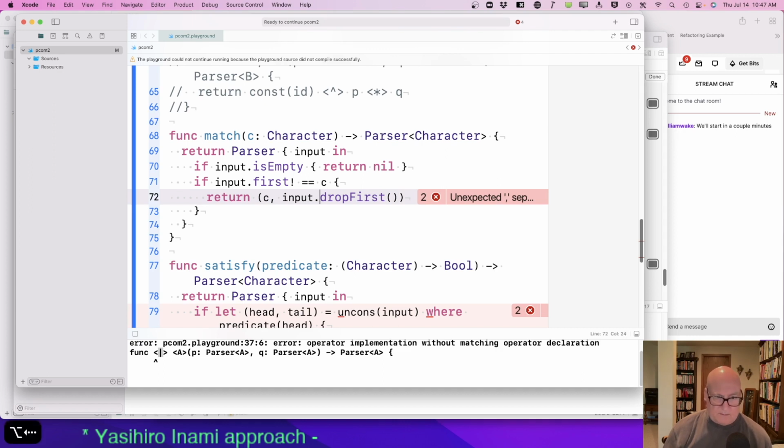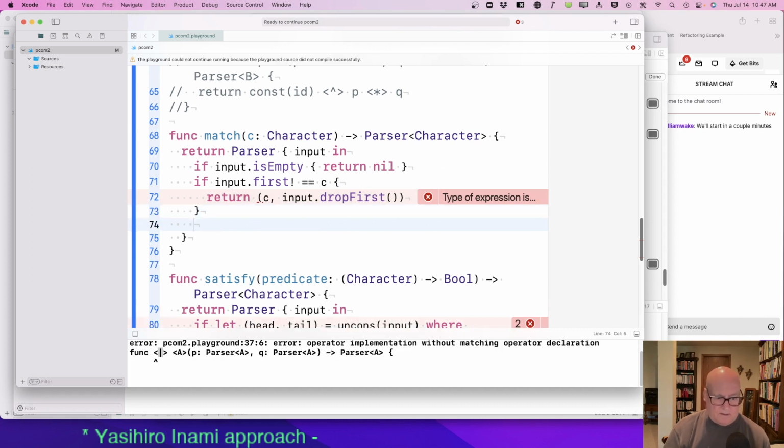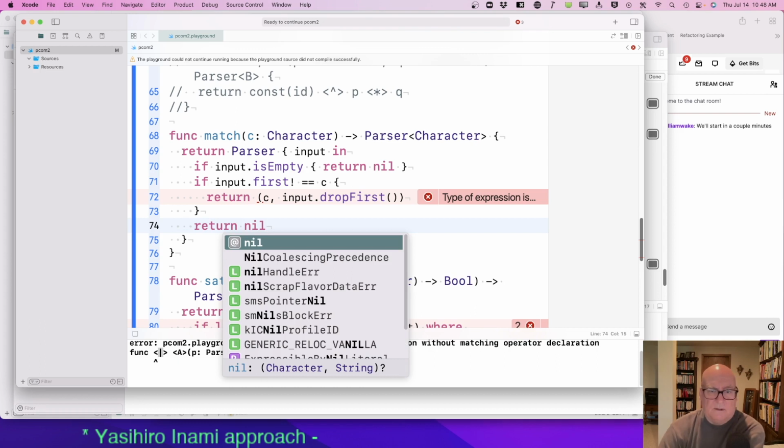And I guess I'm probably going to have to make that a string to come out right. Otherwise, we didn't match, return nil.